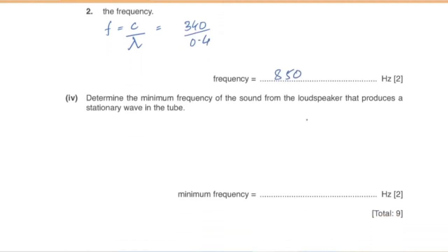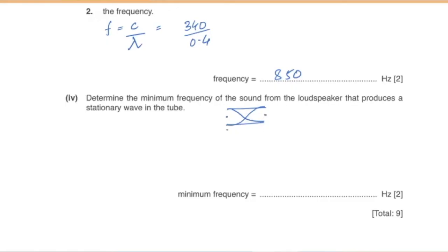Part 4 is determine the minimum frequency of the sound from the loudspeaker that produces a stationary wave in the tube. So the minimum frequency means the longest wavelength in a tube that is open at both ends in this question. So a waveform like this forms